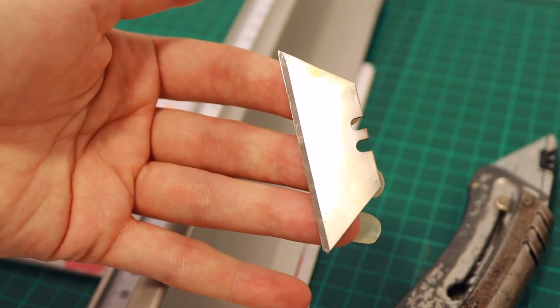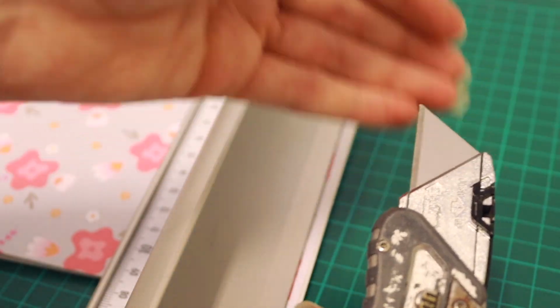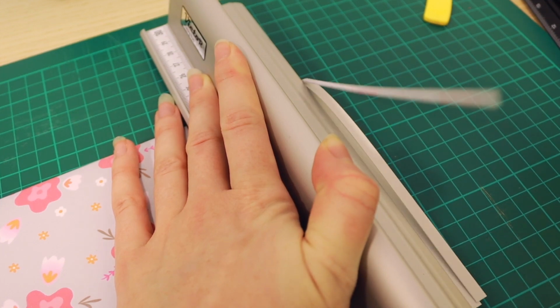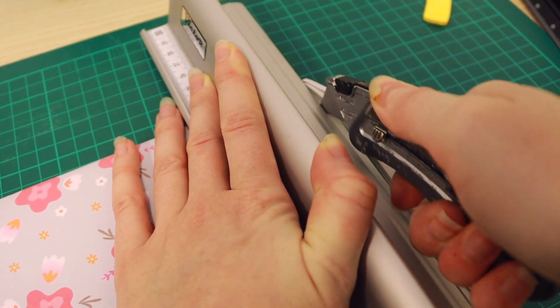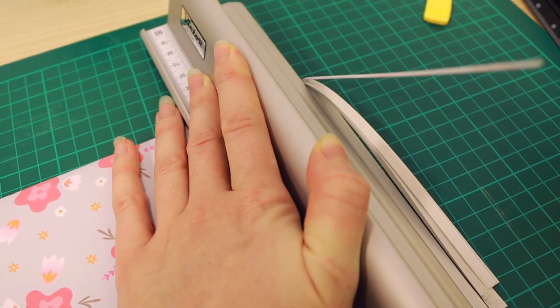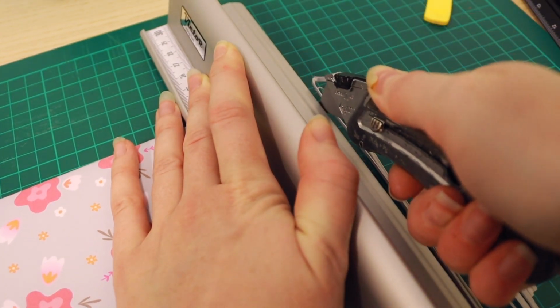When it comes to the scalpel, you can see this is all blunt, and this is so important to always change it for a nice new blade. If you use a blunt one, it's just going to pull the paper and ruin your notebook, and once you've cut, you've cut. Now for this stage, it's really important not to press down really, really hard on the paper. You want to do light to medium pressured strokes, keeping the ruler in place and just cutting a few pages